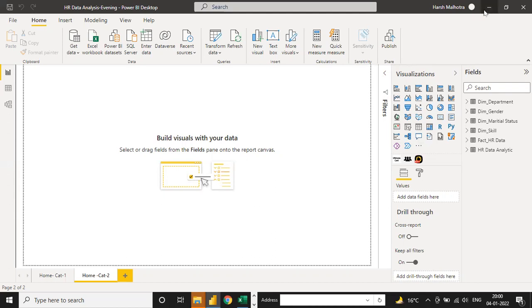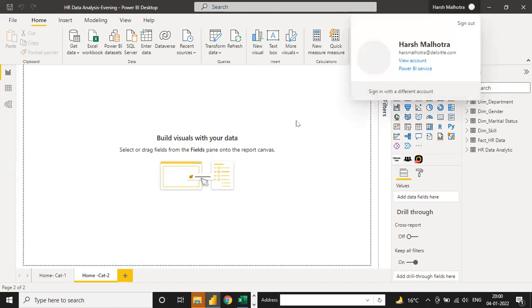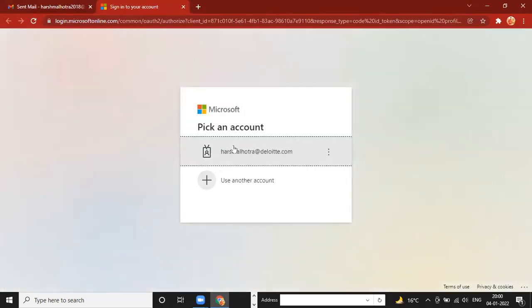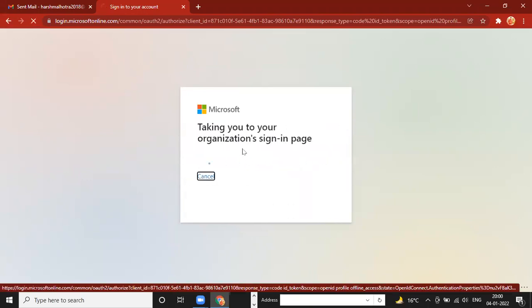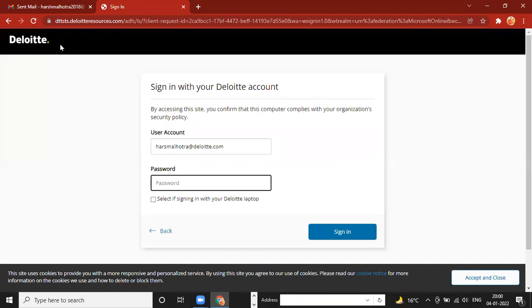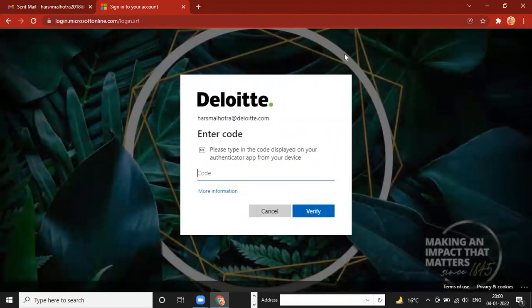Because when you're working on this, see, this is my personal laptop that I'm using now. Every time I use it, you can see here, yesterday I was logging in in front of you. This is asking me for an account, which is a Microsoft account. Click on my official email ID, and it will ask me for a 6-digit code. You can see it goes directly to my company site page. If I put in the password here, now it asks me, this is my company web page. If I enter the code, only then am I able to log in. This code will also come on my phone. Without the phone, I cannot log in.